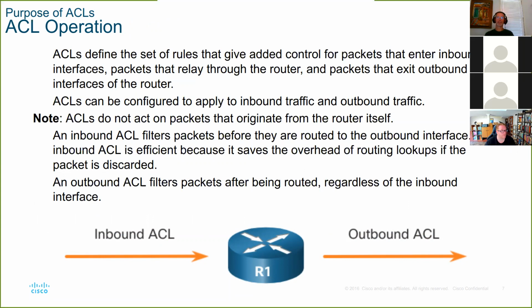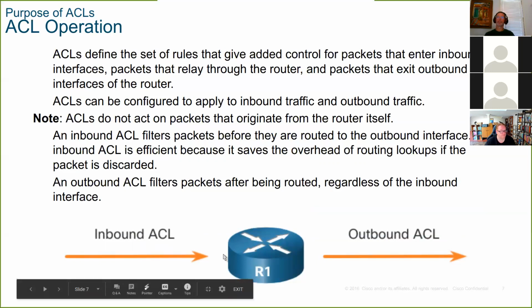If the MAC address is that router interface's MAC address, or a broadcast MAC address, or a multicast MAC address that this router is listening on, then the router will hand that frame off up the stack, and it'll go up to layer 3, layer 4, layer 5, et cetera. So the first thing it does is it comes in and says, hey, is this packet for me?